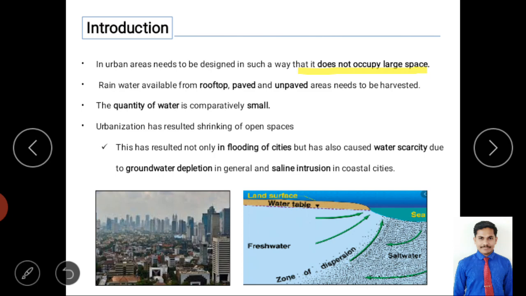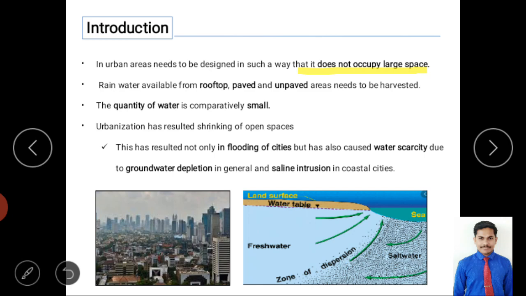These are the sources of water. Then the quantity of water is comparatively small, because of the small catchment areas, for example rooftops. We are adopting structures nearby the houses, within the houses, or on some portion of the roadside. So we are getting a small quantity of water because of the small catchment area.